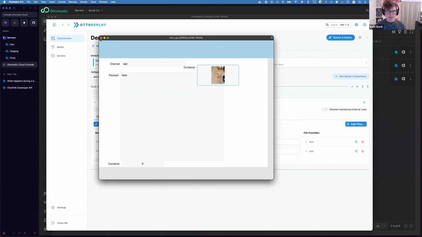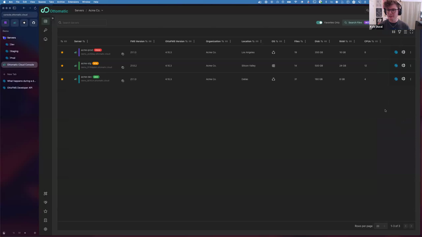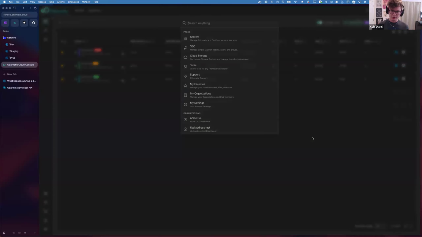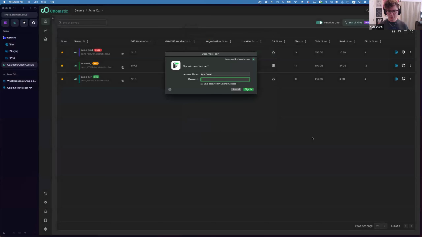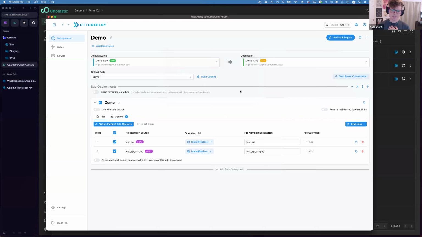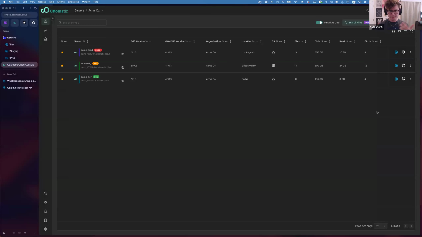He's very cute. And so you can favorite files, you can favorite servers, and there's also a Command K bar here. So if I wanted to just go to that file really fast, I could Command K, type in test, click enter, opens my file. There's also, if you're on a Mac, a Raycast extension that can do something similar that Eric Luce built. So lots of cool stuff that the Cloud Console gives you the power to do.